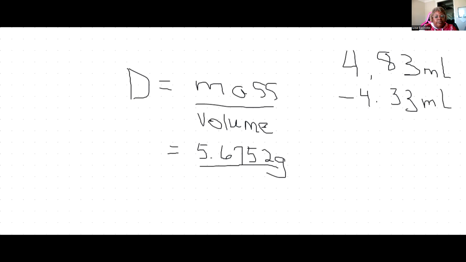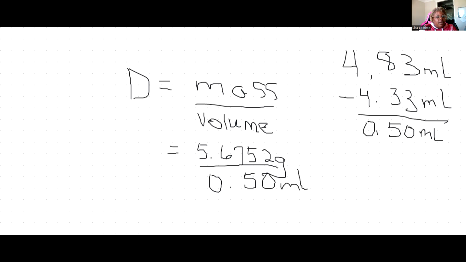And that was milliliters. When we subtract that, we get 0.50, and that was milliliters. Okay, this is known as doing the volume by displacement. And so once we have our displaced volume, so that's our volume of metal one,